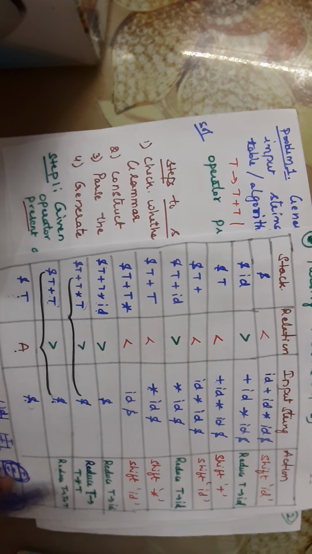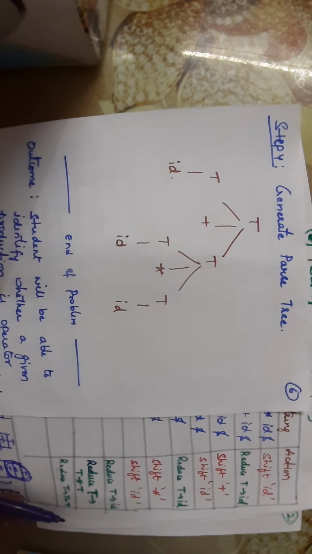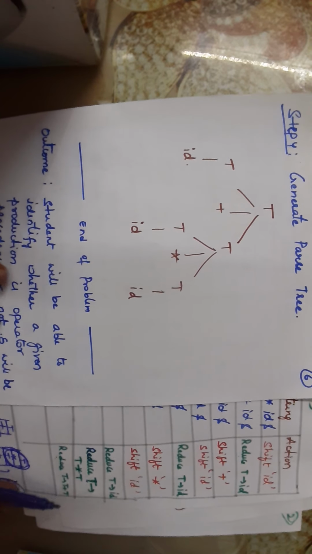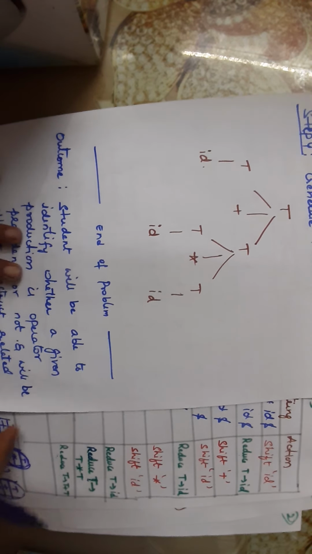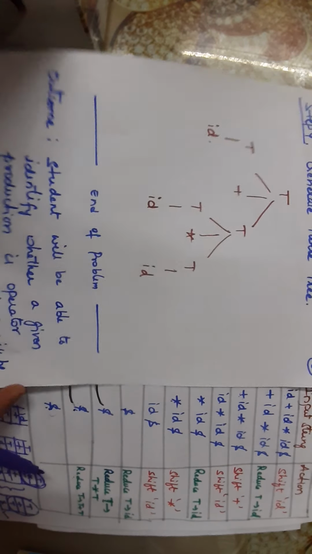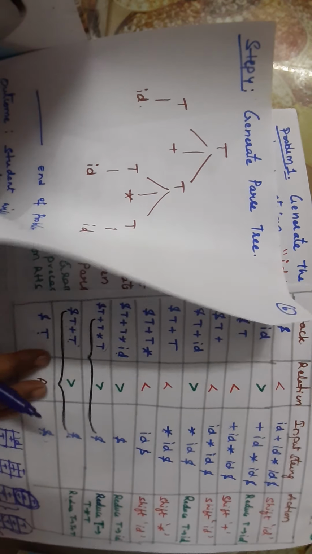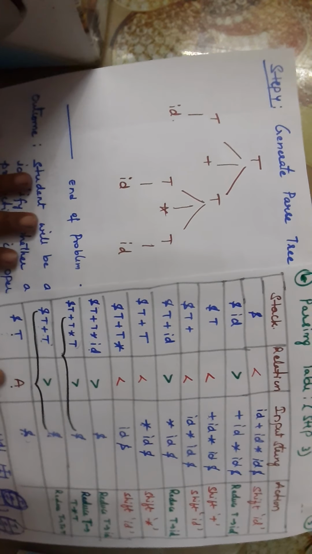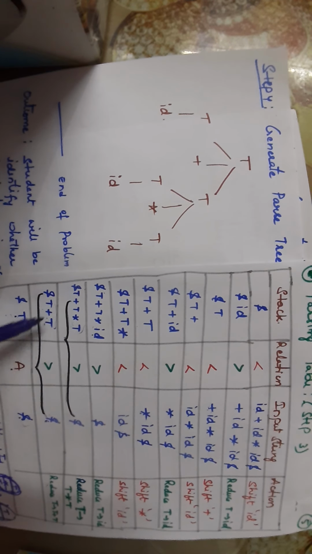So the first reduce operation is reduce T produces T plus T. Okay, so write down T produces T plus T. Only check the reduce operations, don't check the remaining actions. Don't consider the shift action. Then, let me show the productions also. So this is what we have. Under this we have T produces T plus T that we have written.